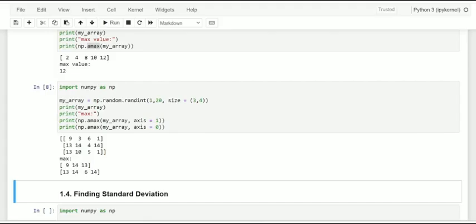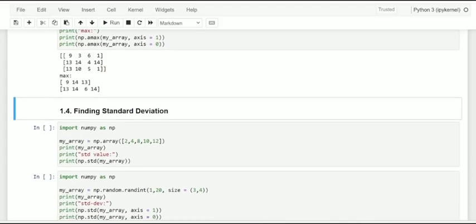Dear friends, coming to the next type of statistics, which we call measure of spread. For this, we have the standard deviation. Standard deviation is the measurement of the average distance between each quantity and the mean.